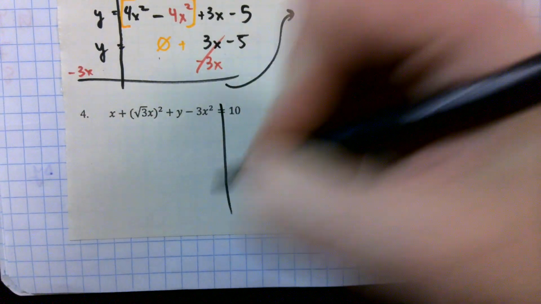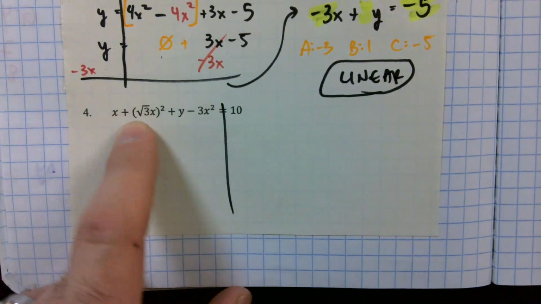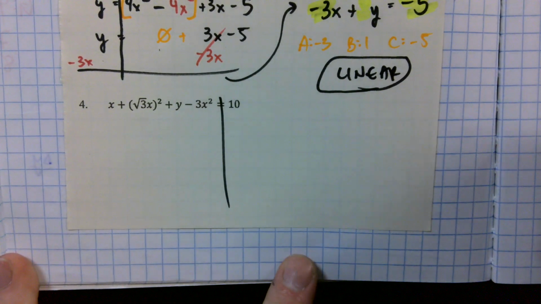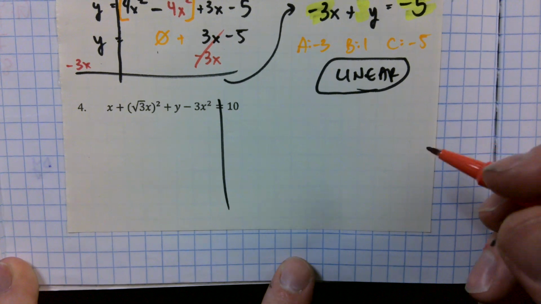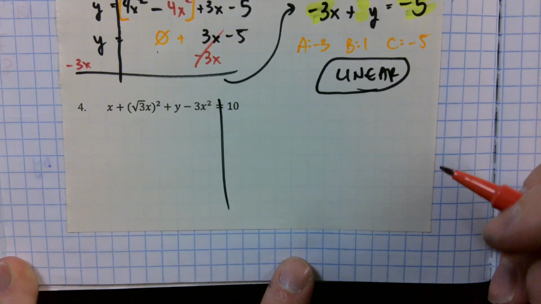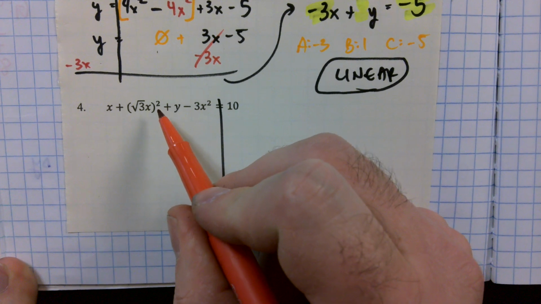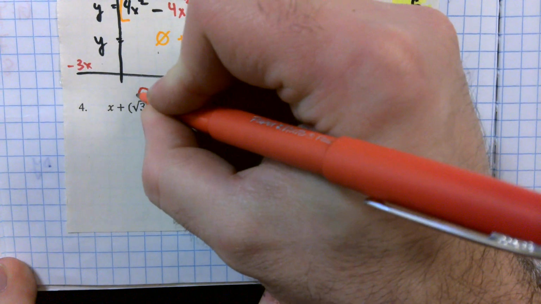Very quickly, last but not least, number 4. I again see exponents, but I also see parentheses. So Alex, what do I want to do first? You want to do the thing inside the parentheses first. Okay, we're going to take care of these parentheses by doing what with that outside 2? Distribute the exponent to